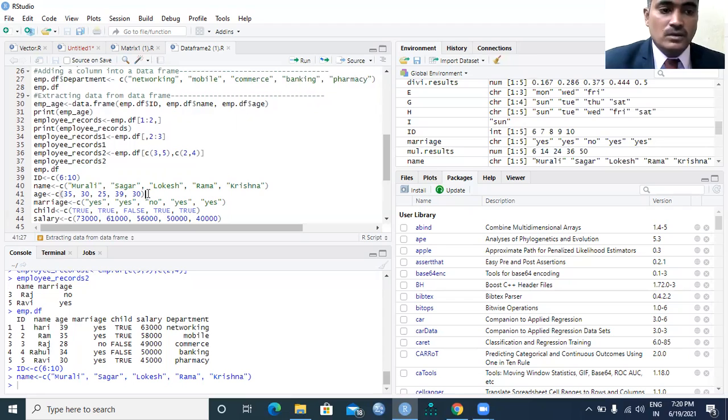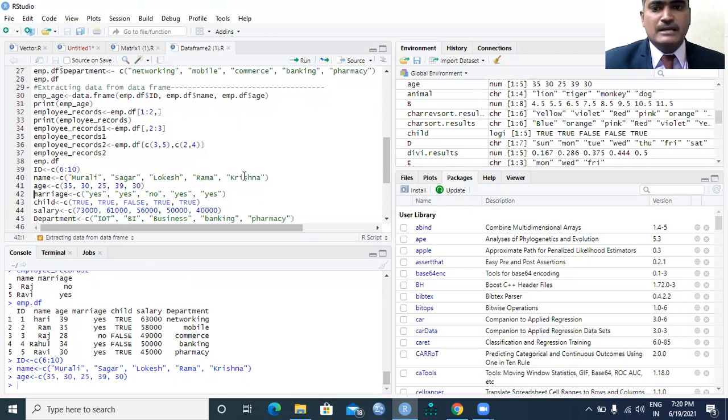I would like to include the ages of the people. It is obviously a numeric type. And one more, whether the employees are married or not. I created one more variable by the name of marriage, and with the left assignment operator, I created a vector which includes in double quotations whether the employee is married: it will say yes if married, and no if not married.